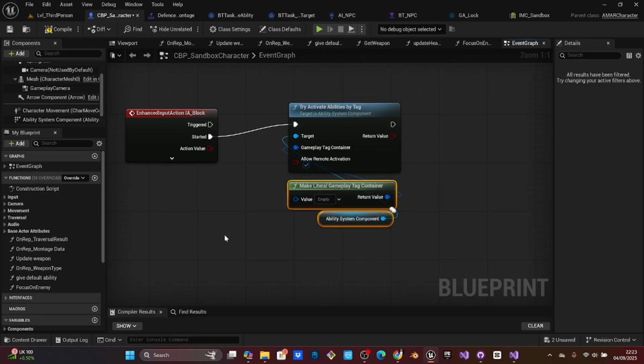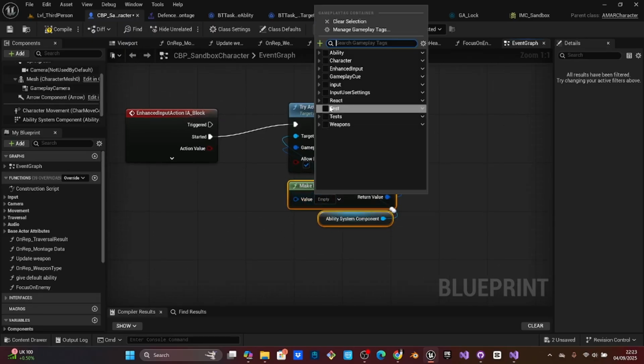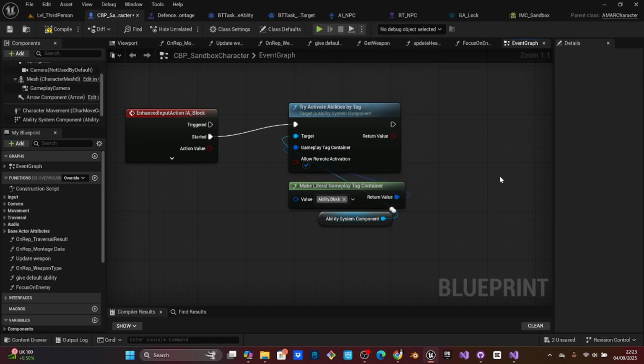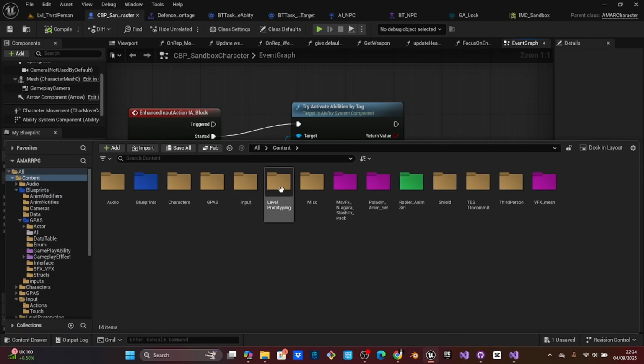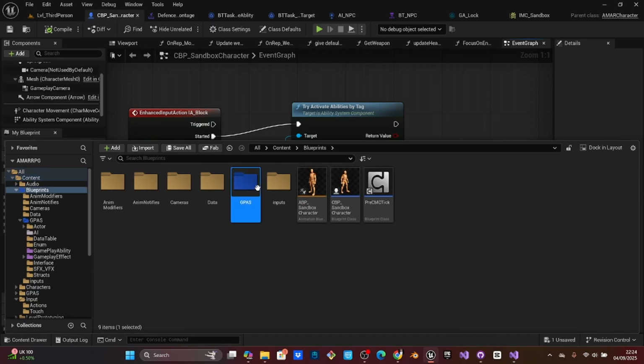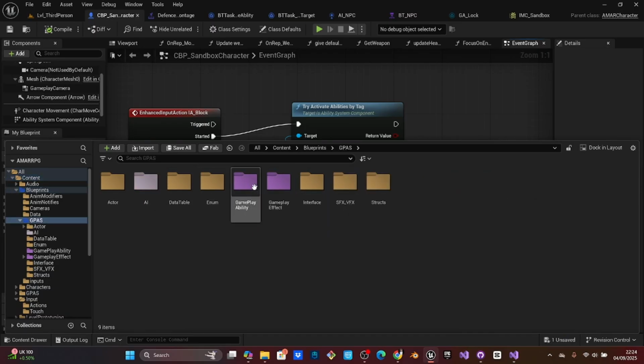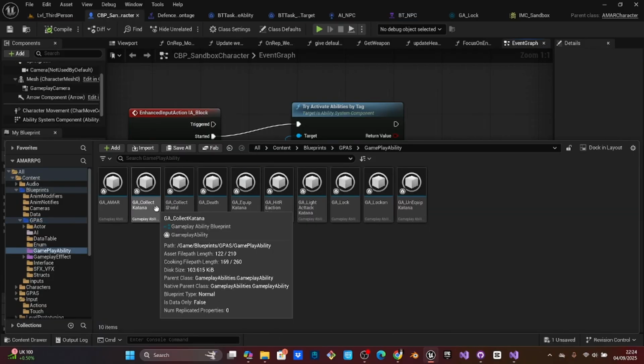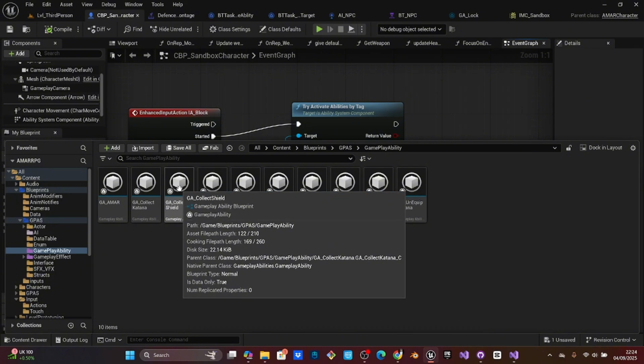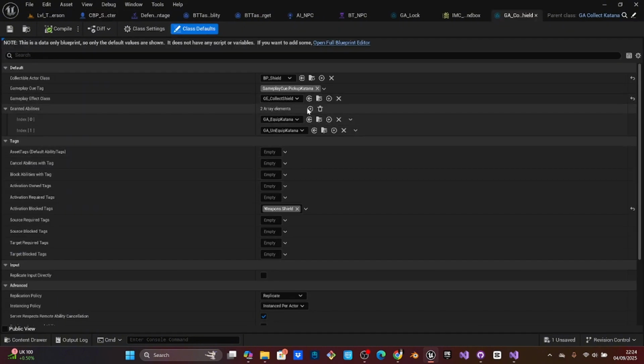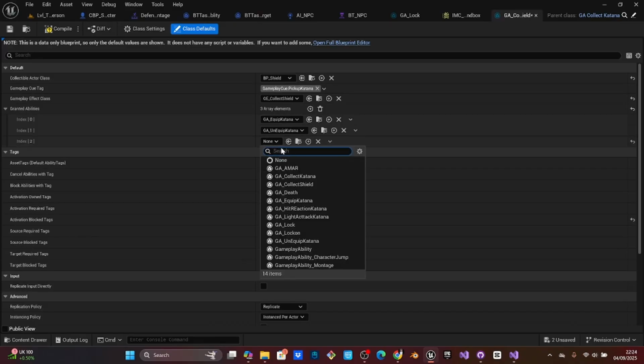But we need to grant this ability. So just to make sure, we put this ability blocked here. We need to grant this ability, like we need a messenger to say that performance. So to grant this ability, can we go to when he's collecting his shield? Yes, because it is a feature of the shield weapon. So can we say that once the character equips the shield or collects the shield, I'm going to add another ability, which is going to be,